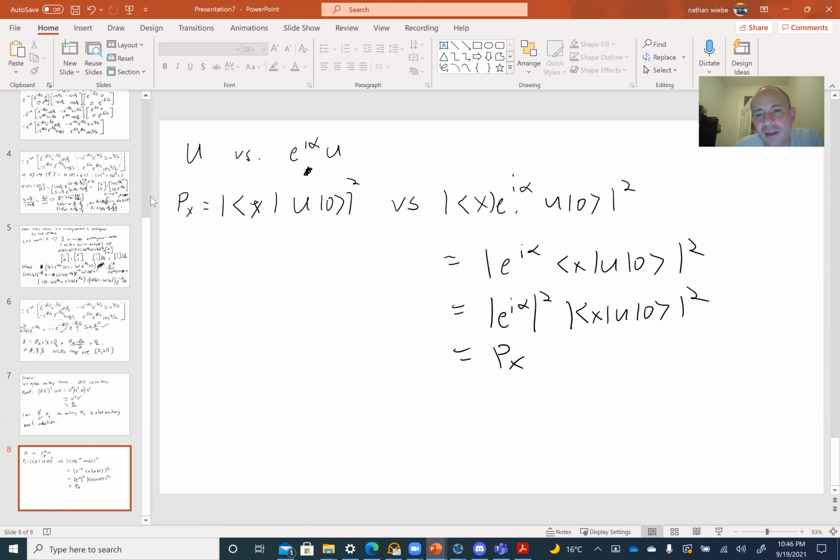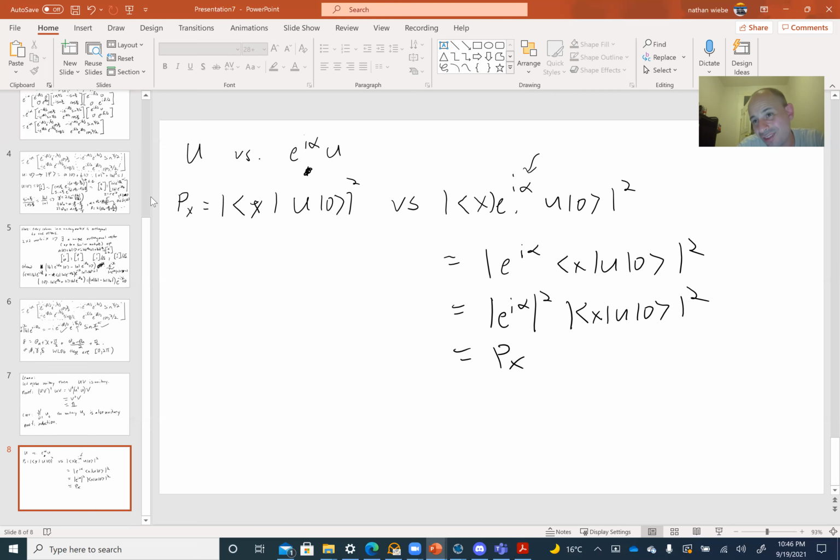So you can see that every probability that we end up writing down is exactly the same, whether or not we have this e to the I alpha. Another way of understanding this is that this e to the I alpha is actually just an artifact of our representation, and it doesn't play any role in the fundamental description of what the probabilities of outcomes